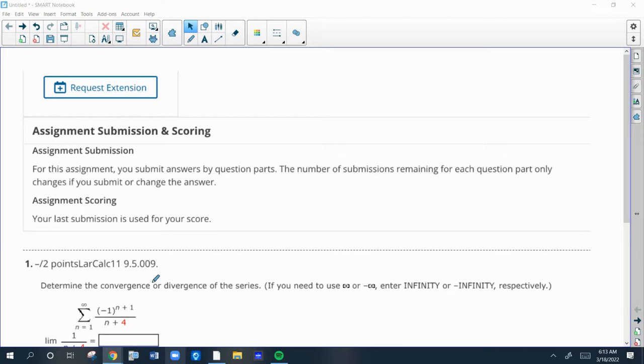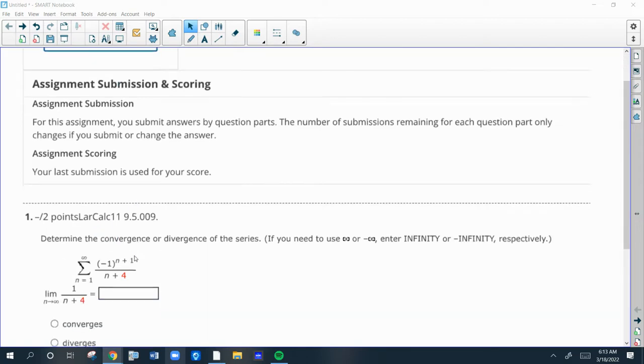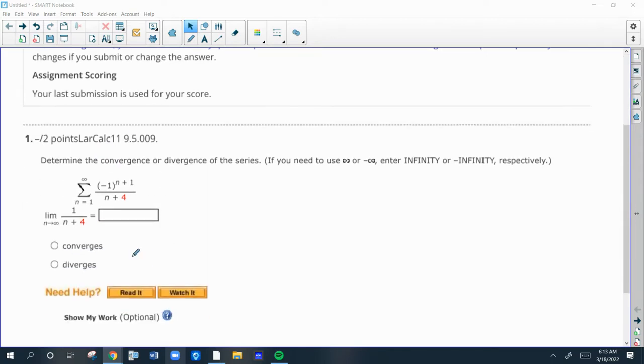Okay, here is the alternate series test web-assigned homework. So the first question is determine the convergence or divergence of this, and you can see that it's an alternating series because it's that -1 to the n plus 1. So the two things that make an alternate series converge are